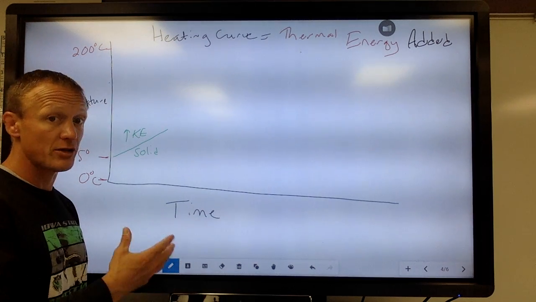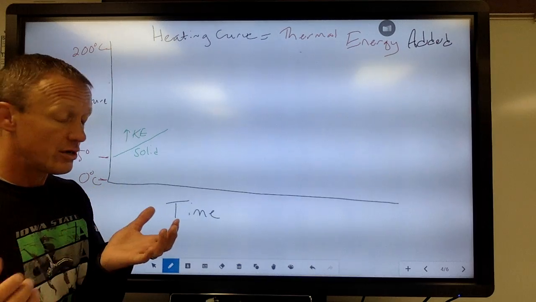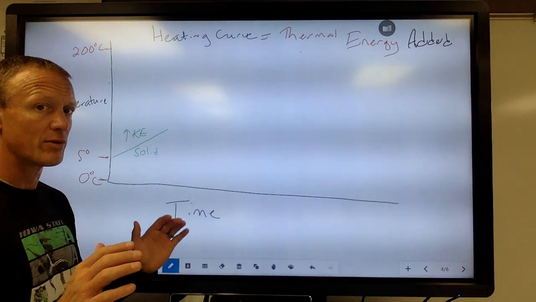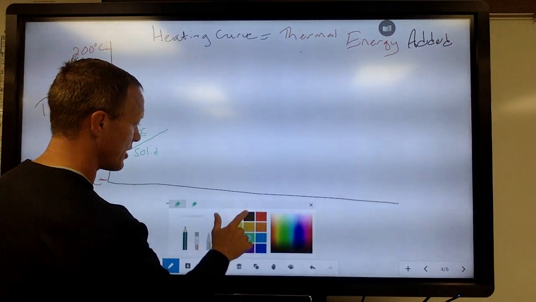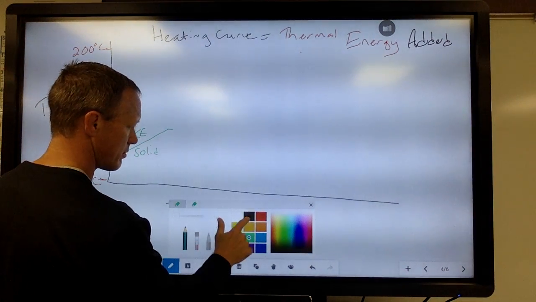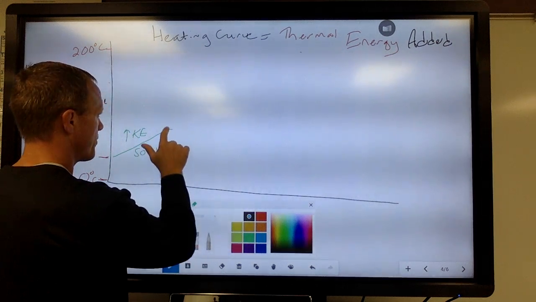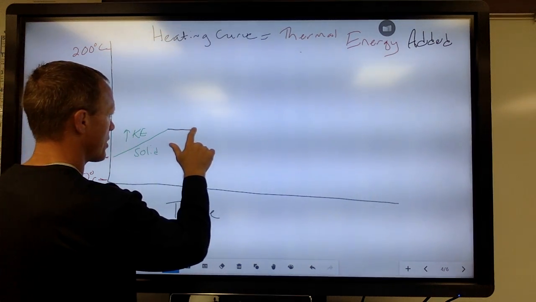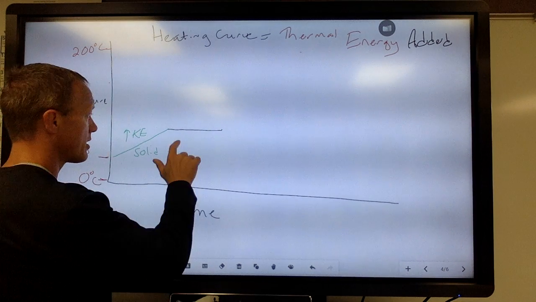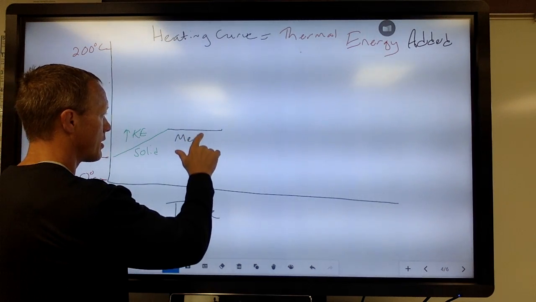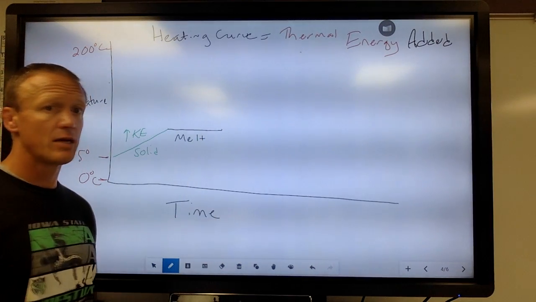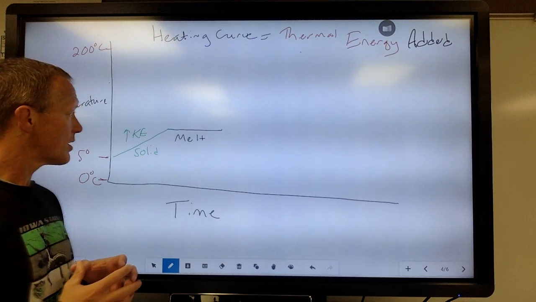You're still adding heat in. So with a piece of ice, you still add heat to it. But while it's melting, that temperature stays the same. While it's melting, that temperature does not change. However long that takes, as it is melting, that temperature levels off. Even though you're still adding heat,